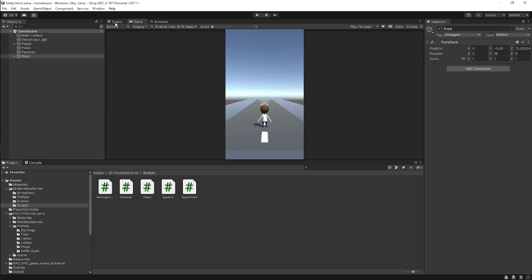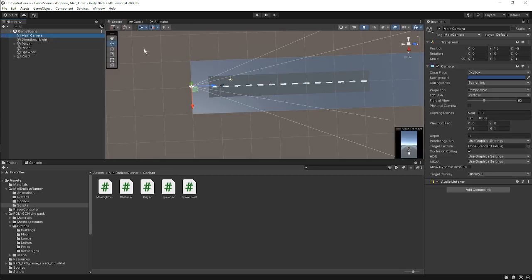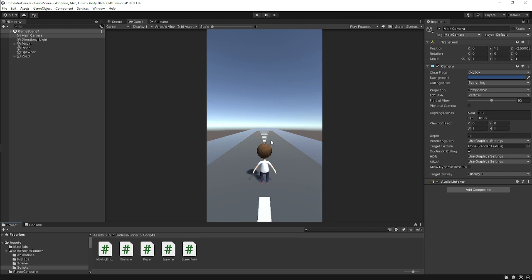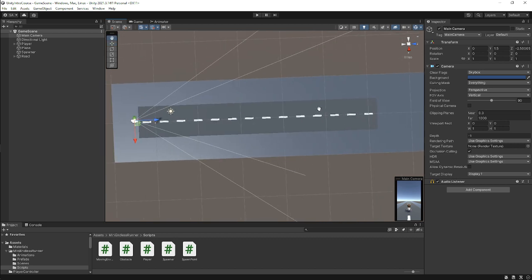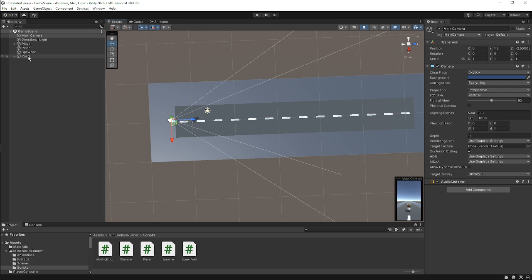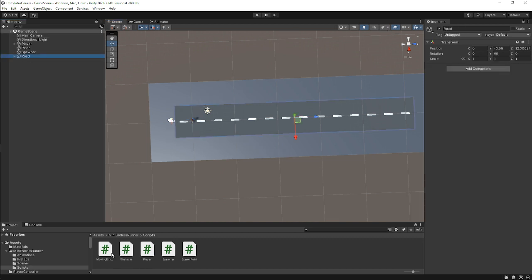Okay, so let's move the camera just a tad bit forward to cover that up, and then bring in the field of view a little bit. Not too much. Let's see. Okay, I think that works quite fine. So let's try what we have here. The road, and then let's put the moving environment script on it. Speed